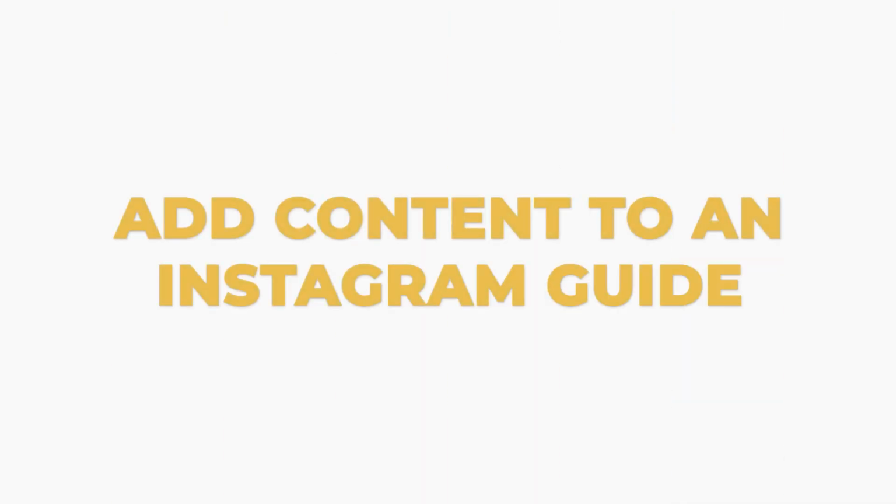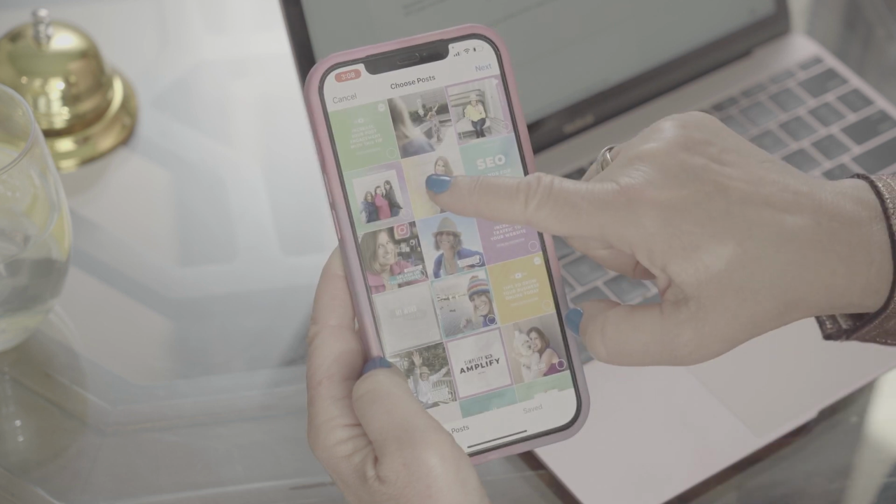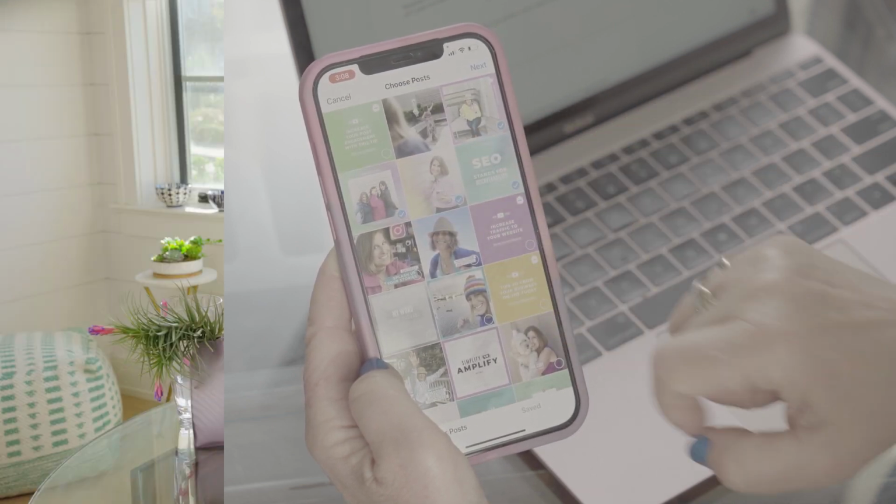Add content to the Instagram guide. Next, choose the type of Instagram guide you want to create and select your content. There are 3 options for guides: places, products, and posts. Remember, guides only select content from feed posts, not Instagram stories. If any Reels or IGTV posts have been shared in the feed, those can actually be included in the guide